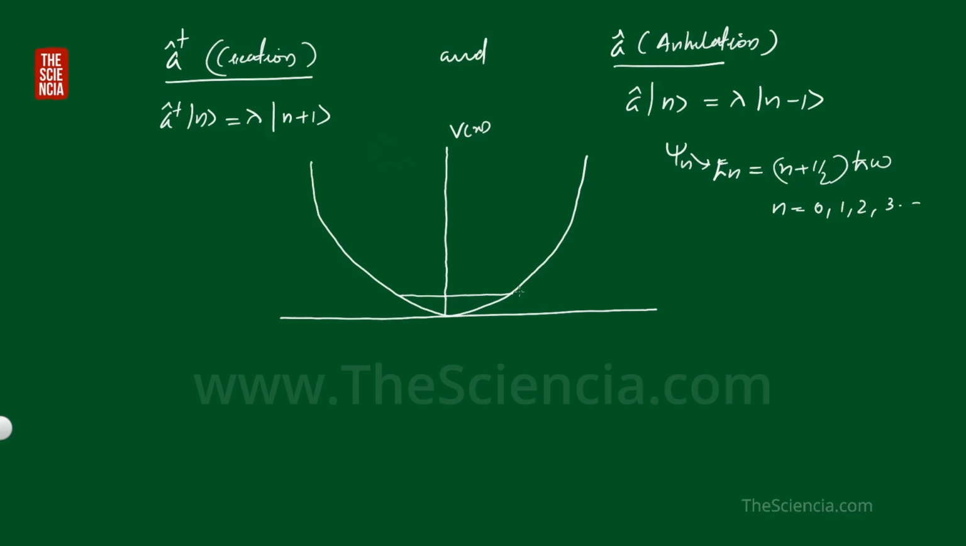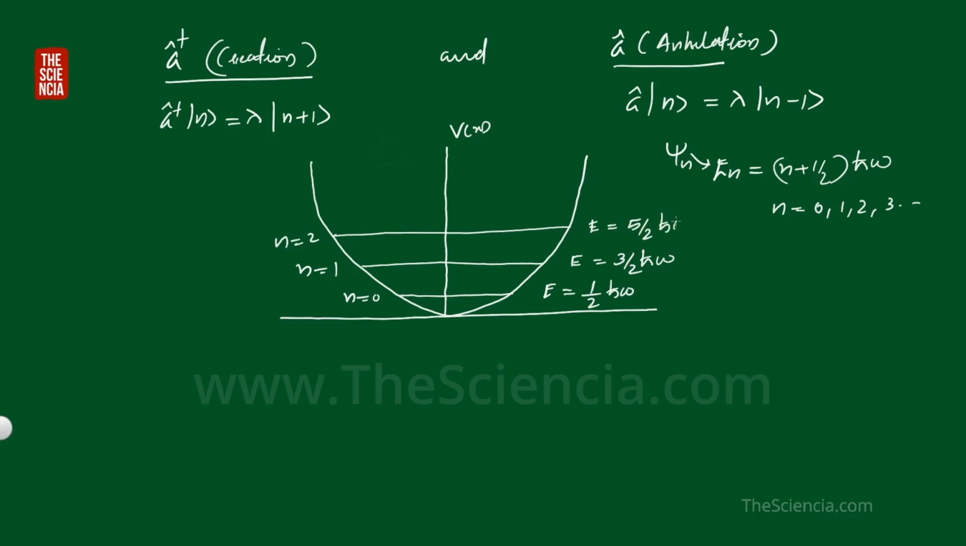This is one of the wave functions and its corresponding energy is E equal to half h cross omega, that is n equal to 0. The next one is n equal to 1, with energy E equal to 3 by 2 h cross omega, and the next is n equal to 2, with energy E equal to 5 by 2 h cross omega, and so on. If it is n equal to 3, then E is equal to 7 by 2 h cross omega. Suppose our particle is in this state, that is n equal to 2 state,